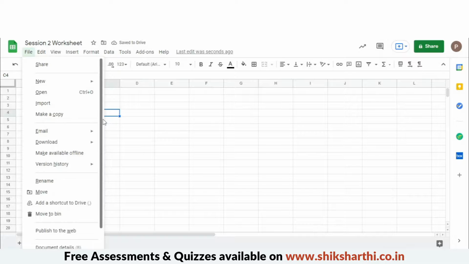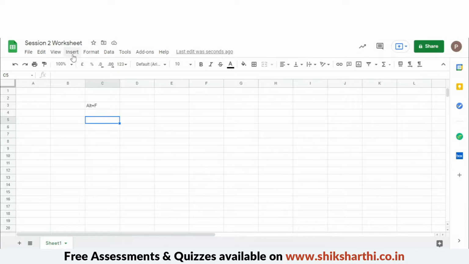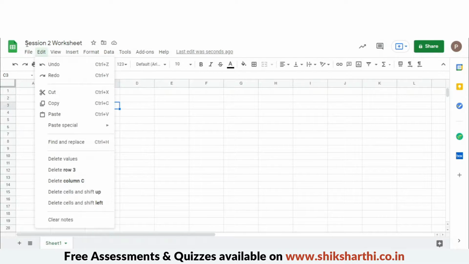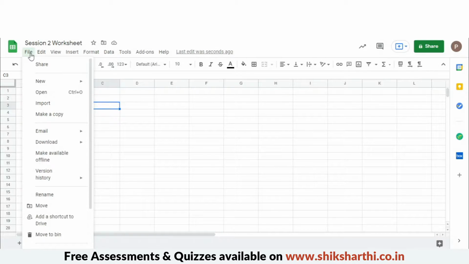You can even open Edit, View and all the others. Just press Alt and the first letter in the word. If you want Edit, press Alt plus E. Whatever you want, just press the button with Alt, and it opens that header. Now let's see what consists in the File section.